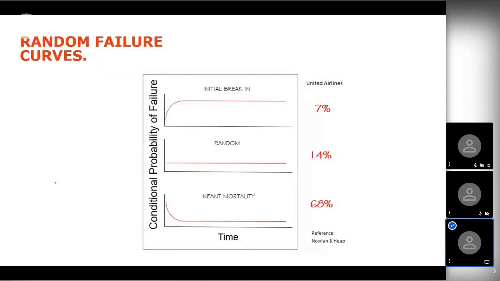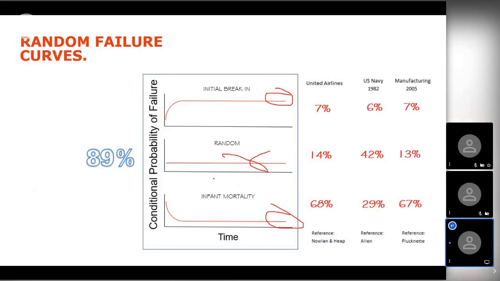So what's the answer? The answer was F. So for the 10% of you that answered F, gold star to stick on your fridge. 68%, and it's what we call infant mortality. Higher probability at the very start of its life. 89% follow what we call a random profile. 11% age and wear related, 89% in this random. You notice there that there's no kick up at the end. And again, what about other industries? Again, the submarines, slightly different, but still much higher random than wear.